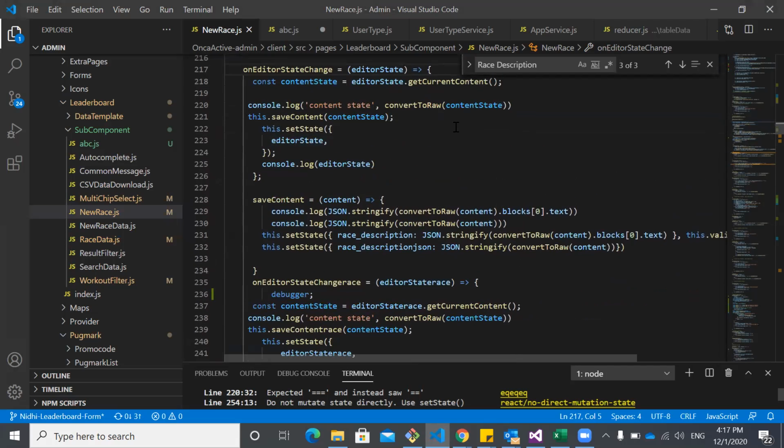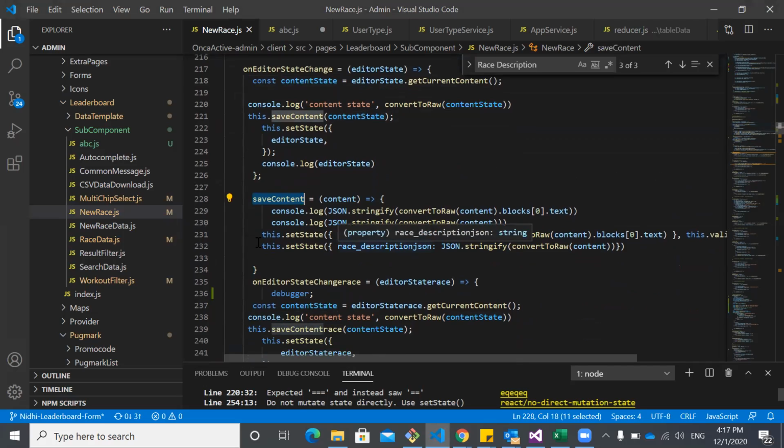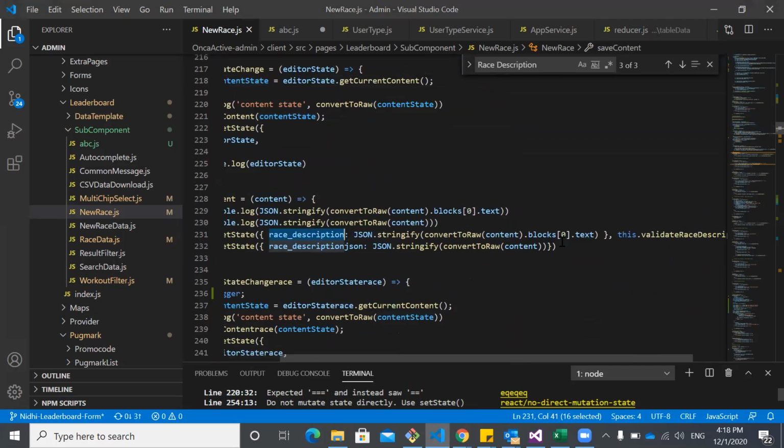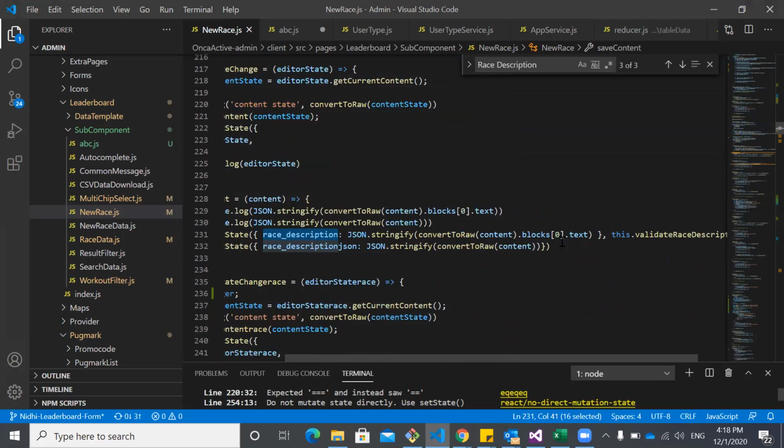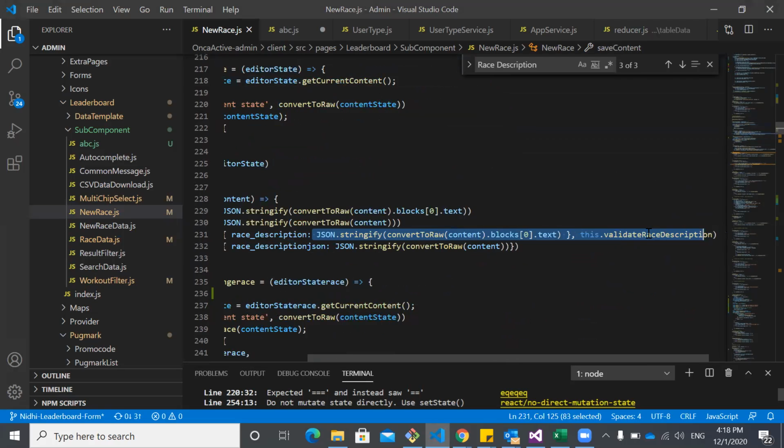We are taking that data into content state. For that, the editor function is different. After that, we are sending that content state data into the save content method. In that, we are setting a restriction, because we can't directly send the text which we have entered in the editor block directly to the backend. For that, we need some logic implementation. So we have done it here.